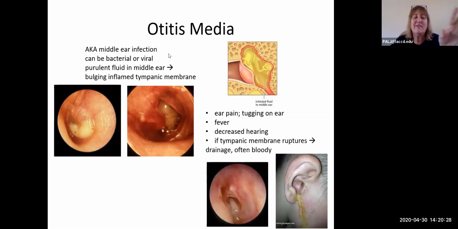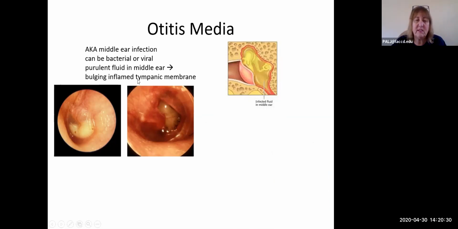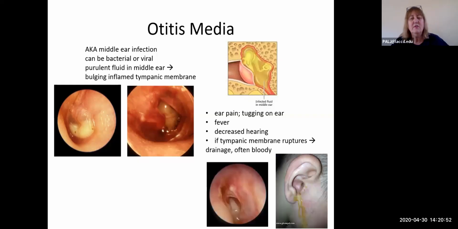Now, at this point, let me go back to this picture. You have to realize that if these ossicles are completely covered with this thick purulent material, noise conduction is not going to be normal. So yeah, your child may be saying, but mommy, you didn't say anything. And you go, yes, I did. But no, your child can't hear you. Okay. All right. So if it's not treated,